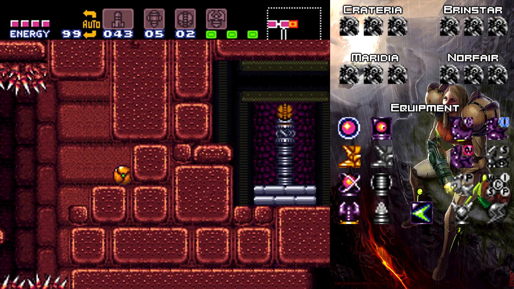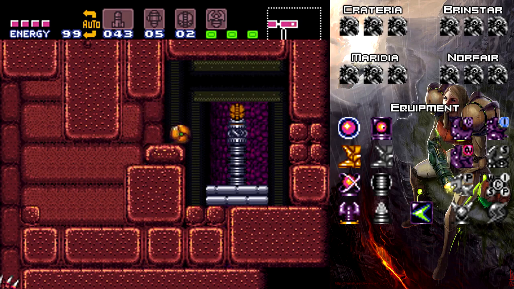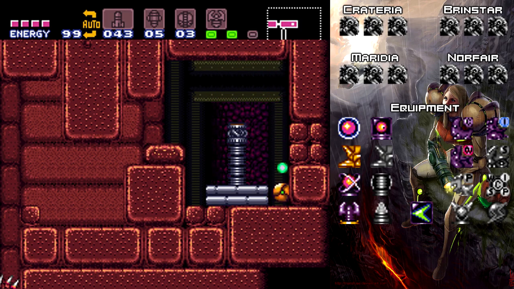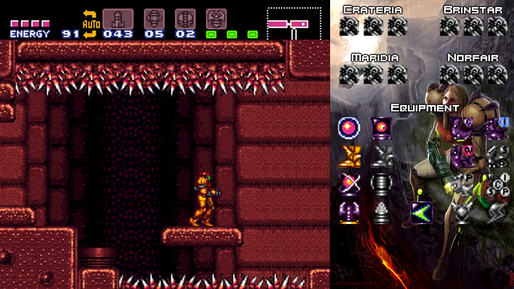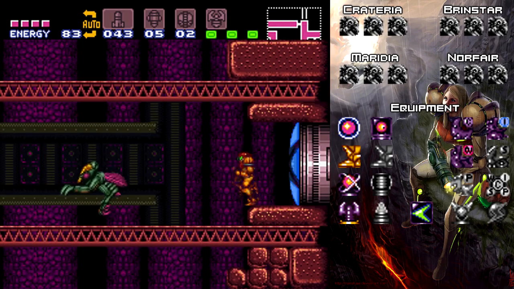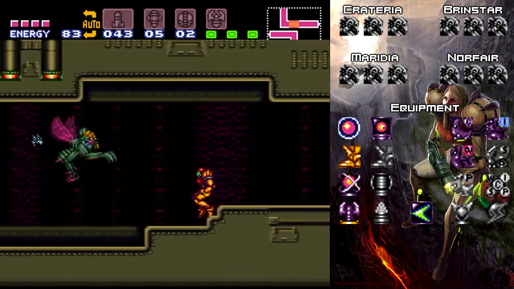Oh, this looks oddly familiar. Really? Couldn't you have that thing destroyed so I could roll through? This looks like the thing that's around the Chozo Guardian in the original redesign. It is interesting. Looks like that, doesn't mean it is, but